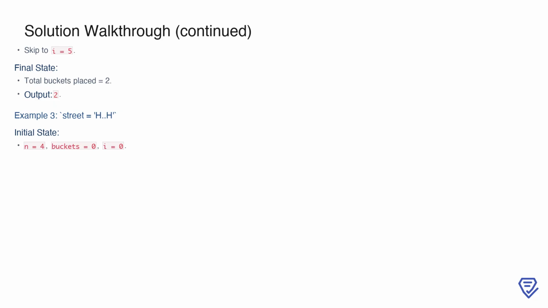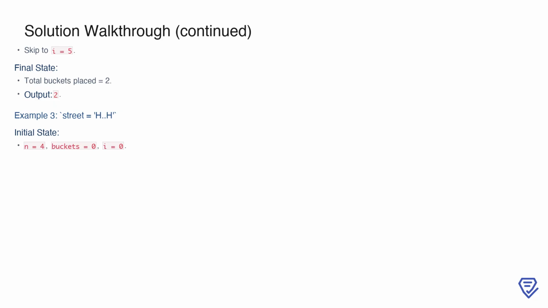Now, let's analyze a third example with the street string HH. Here, the initial setup includes n equals 4, buckets equals 0, and I equals 0. We begin by examining the first position, where street[I] equals H. Since this is a house, we check for adjacent empty spaces. On the right side, at I plus 1 equals 1, we find an empty space. A bucket is placed there, increasing the bucket count to 1, and we skip to I equals 2 to avoid